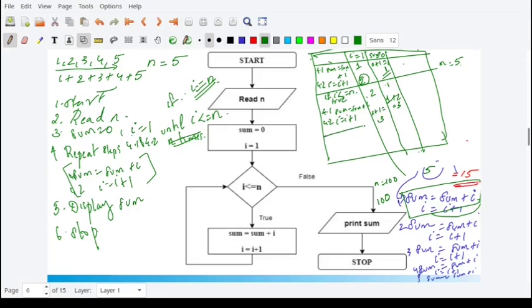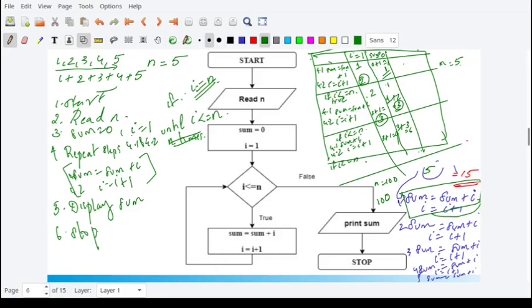You will again go back and check whether I is less than or equal to n. I's value is 3, and 3 is less than or equal to 5. So you will again execute 4.1 and 4.2: sum is equal to sum plus I and I is equal to I plus 1. So the value of sum is 3 here. We will again check whether the value of I is less than or equal to n.